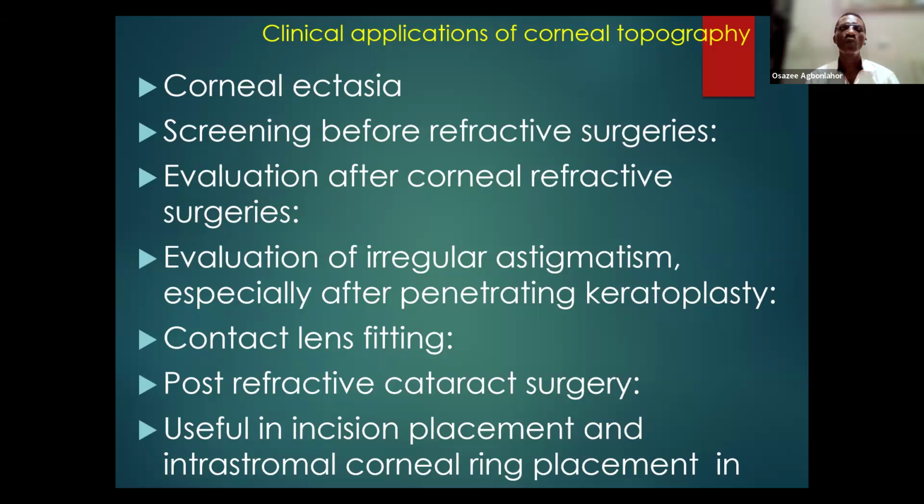If it's with the rule, where the steepest meridian is vertical, you see one ring above and the other below, trying to stretch the very steep vertical meridian. And if it is horizontal, we see them here and here, trying to stretch the very steep horizontal meridian. So you use this procedure to actually evaluate such